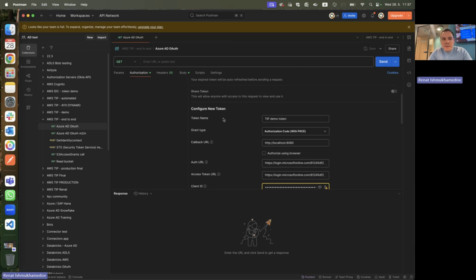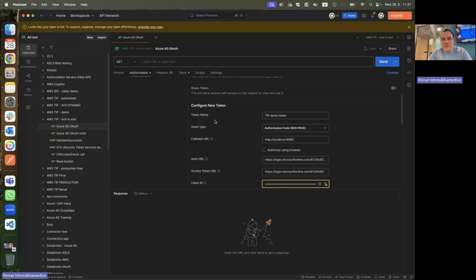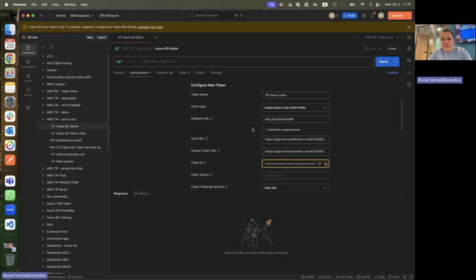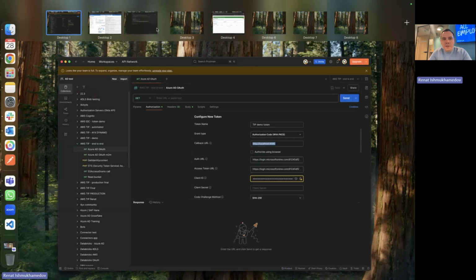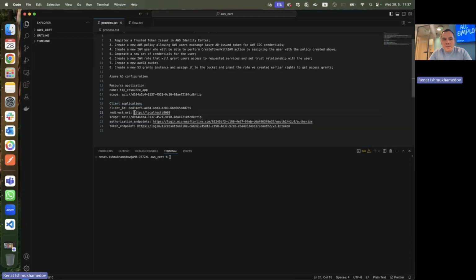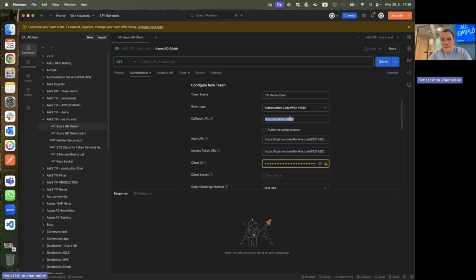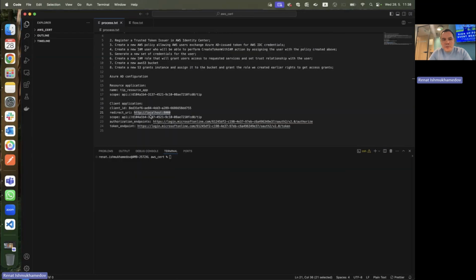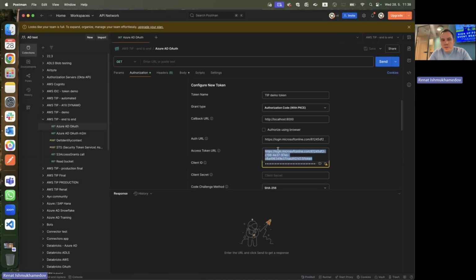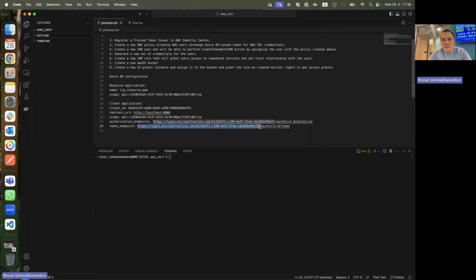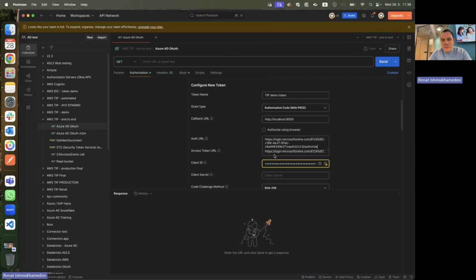So I create a new authentication request, and I need to provide a set of required parameters. First of all, you can see that I'm prompted to specify my callback URL, which is the redirect URL value that we collected in a previous step. So I will go here, copy this and paste it in here. I then am prompted to specify the authorization and token URIs of my OAuth client, which will be this URI here and this URI, the token endpoint that we copied